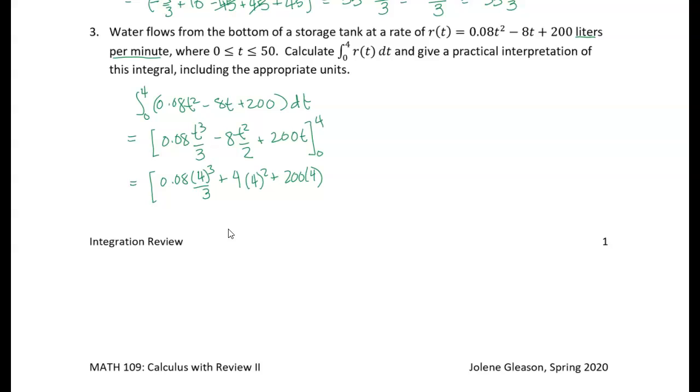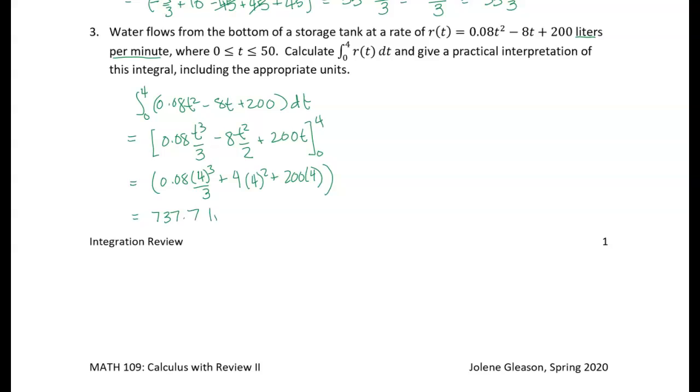And then, you know what I'm going to do? I'm going to change this, because I'm just going to apply the fundamental theorem of calculus. So I'm going to take the antiderivative, evaluate the antiderivative at 4, and then subtract the antiderivative at 0. Now, you can see if I put in 0 to every one of these terms, they're all just 0. So actually, I'm just going to erase that because we're done. Now we just have to evaluate all of this mess. And this one does not ask for exact answers, so I can just put this in my calculator. And when I put it in my calculator, I get